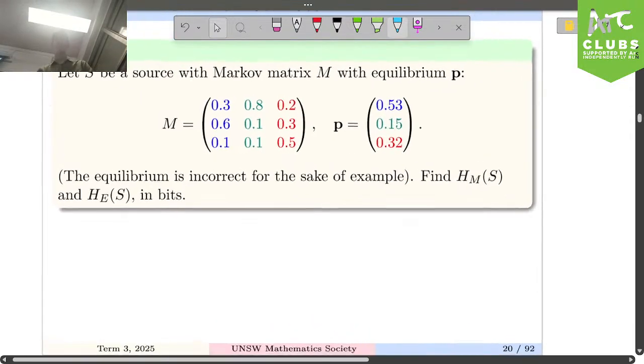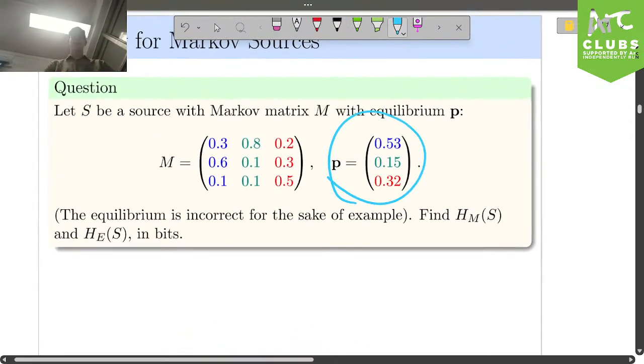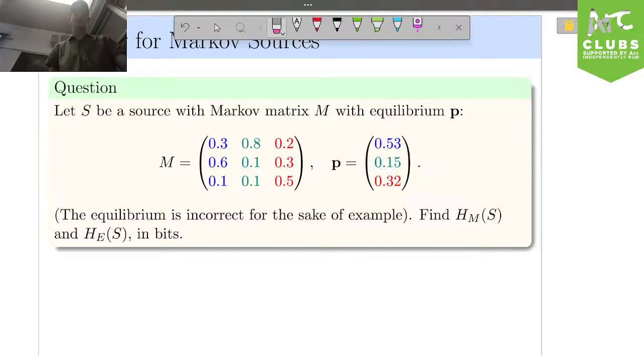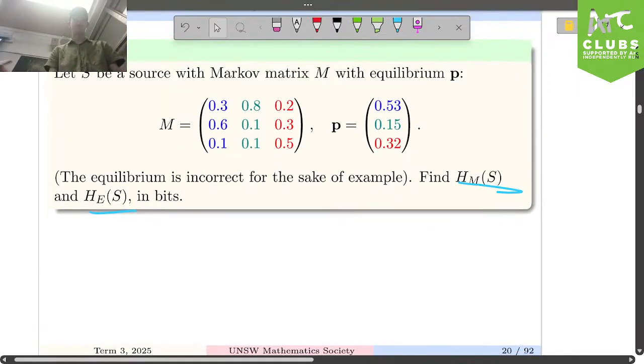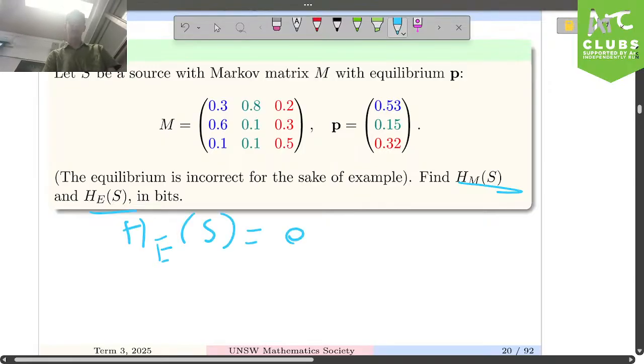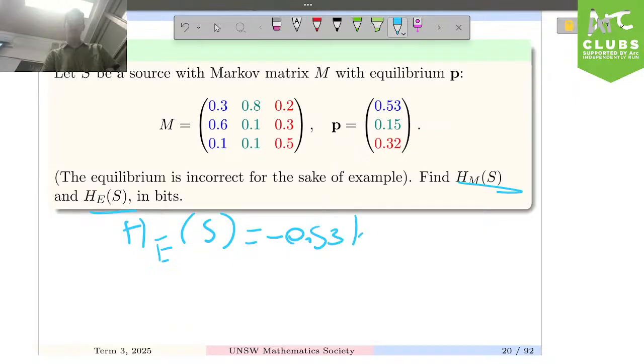Okay. So for this example, suppose we have these as our equilibrium probabilities. Just don't worry that it's not really correct. For simplicity, we're going to say that's correct, for the niceness of the probabilities we want to work with. So we want to find HM and we also want to find HE. HE would be easy. It would be just summing up all of these. So it would be negative 0.53 log base